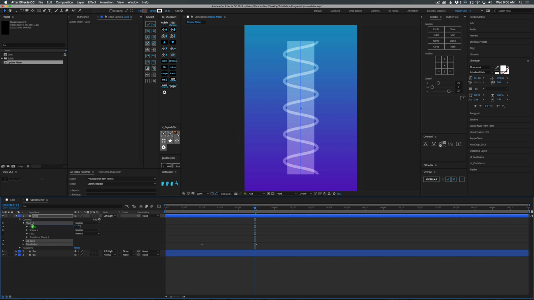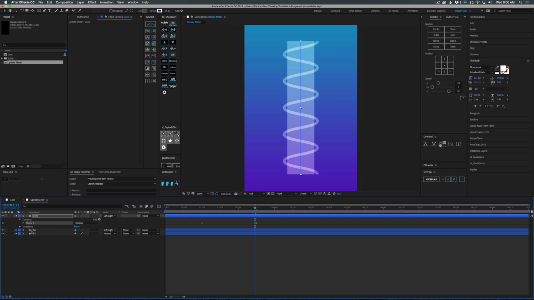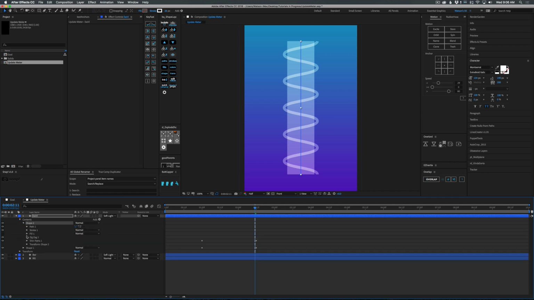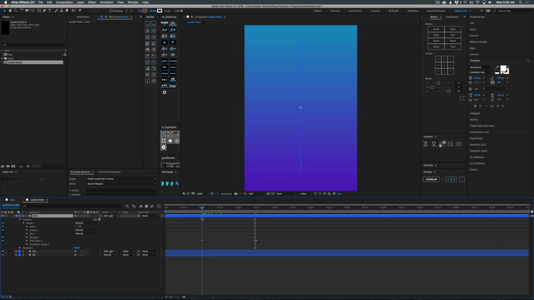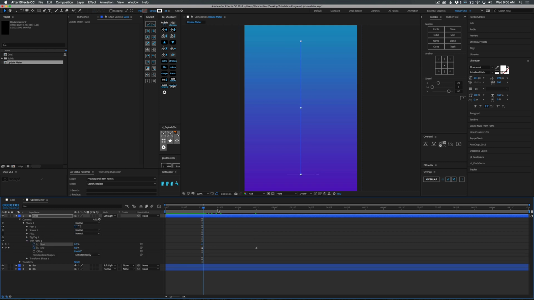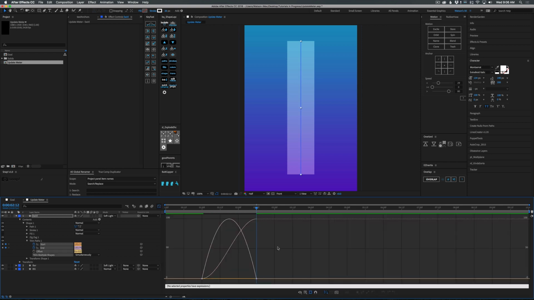I'm going to put both of these into the shape group, and now all I have to do to get the other side is just duplicate this. Actually, before we do that, let's animate the out. So I'm going to go back to that trim paths, hit start, go to the end, pull this up to 100, and you can see it's going to animate out. I'm going to do the exact same easing on all of these, and then I'll just space them out. So we'll just pull these in,